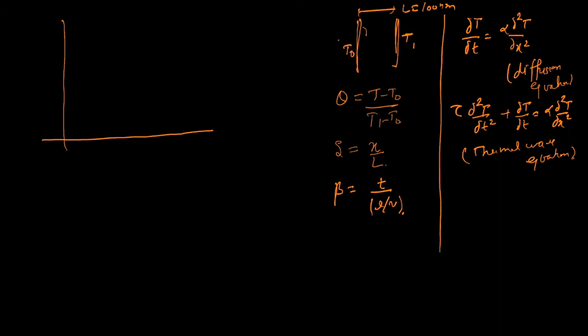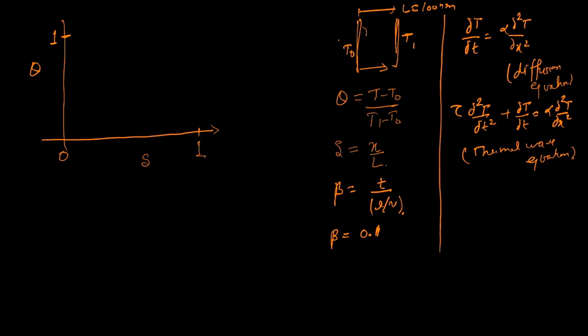Okay. So let's plot these parameters now. We are looking at some delta, like delta distance away from here, when the heat is propagating, and we are plotting this theta. Of course it would start from 1 because we have normalized it, and delta would also be from 0 to 1. So if we look at the small time, let's take beta, let's say a beta value of 0.1.